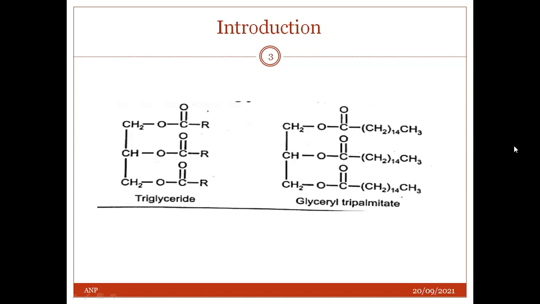Introduction. See, fatty acids are carboxylic acids with a long aliphatic chain, which is either saturated or unsaturated. Most naturally occurring fatty acids have an unbranched chain of an even number of carbon atoms, starting from 4 to 28. Fatty acids are the building blocks of the fats in our body and in the food we eat. During digestion, the body breaks down fats into fatty acids which can be absorbed into the blood.